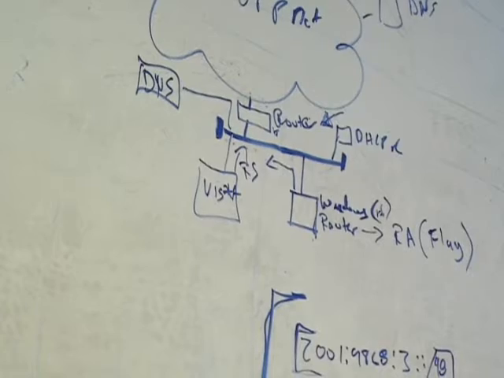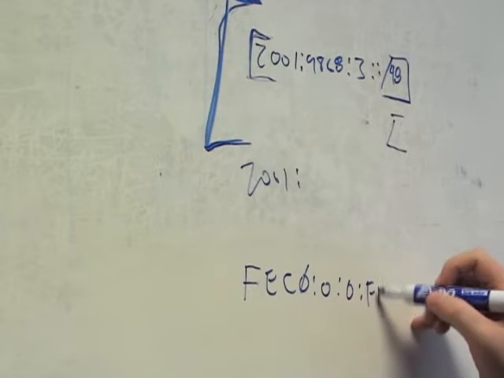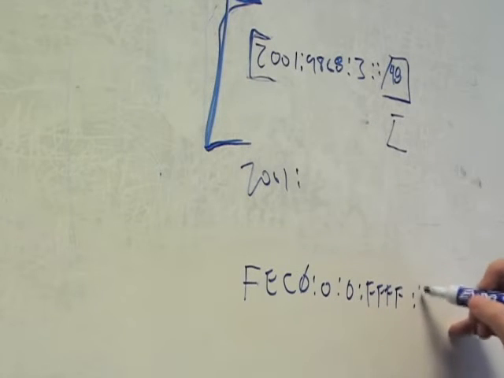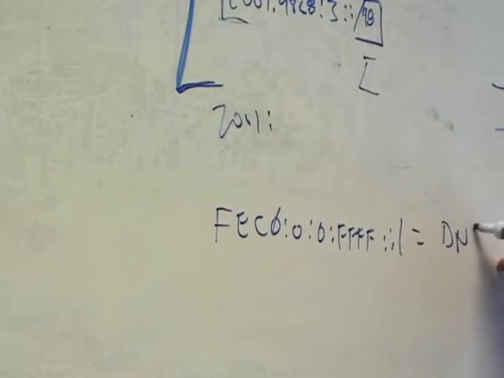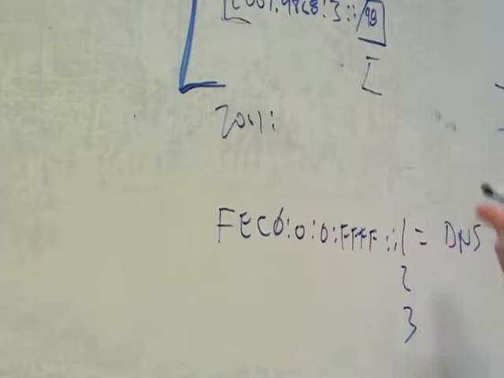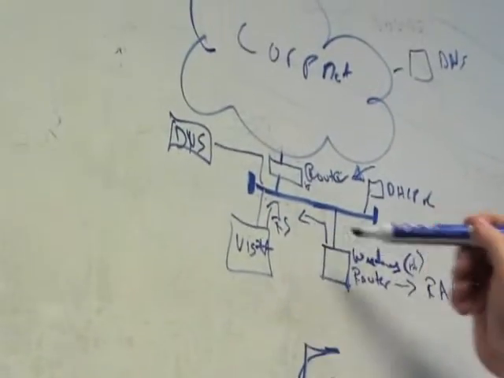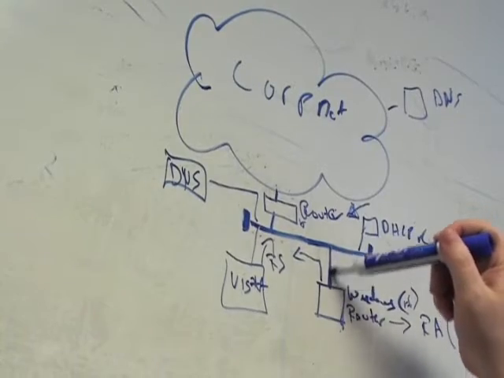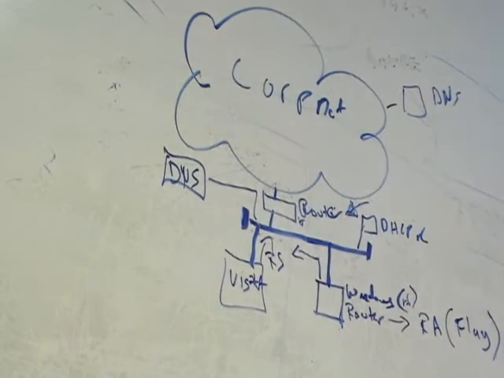And if you add a specific address called FEC0:0:0:0:FFFF::1, these are the well-known DNS servers. Well, there's actually 3. There's 2 and 3 as well, but you only need one. These would be automatically configured, so you could configure this to have that address and then advertise it, and you'd have to probably either configure a route on it to say this machine is that or whatever,